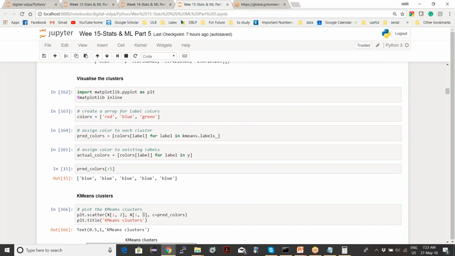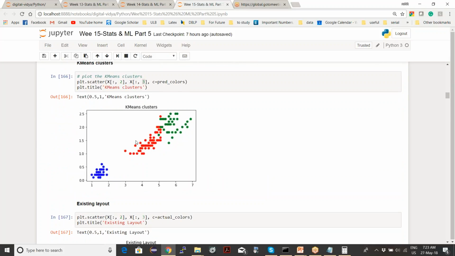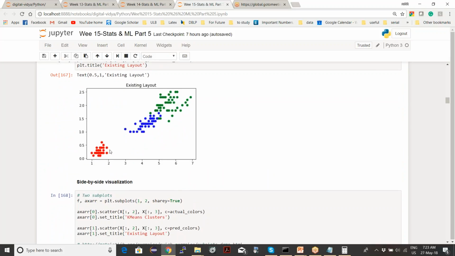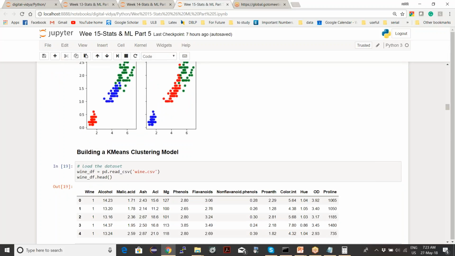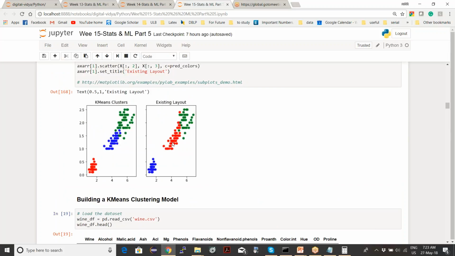Color assignment is here. Color doesn't mean anything. It just means there are three groups. All this belongs to one group, all this belongs to one group, all this belongs to one group. So red here doesn't mean red here. It's just that this is one group. Because when you do unsupervised learning, you don't know the name of the groups. You just know if it is the same group or a different group, like this point is in group 2 or group 1.